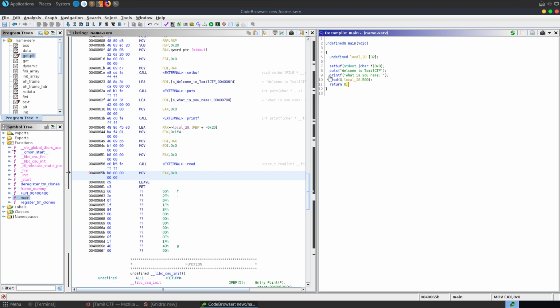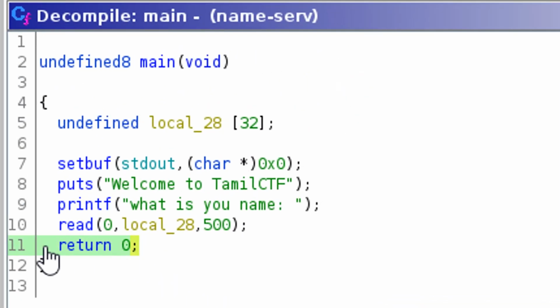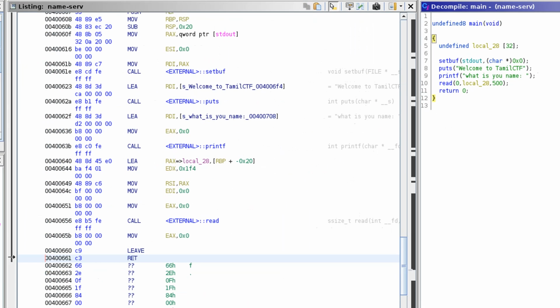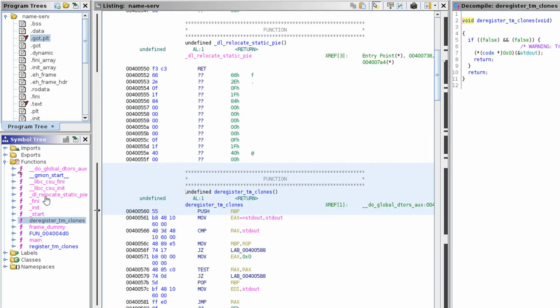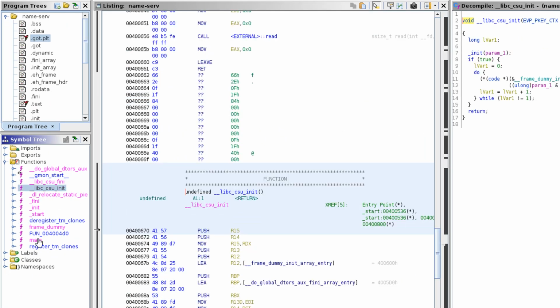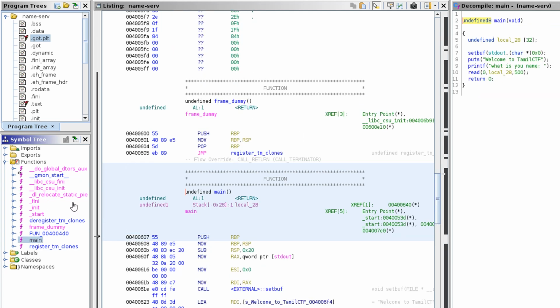But the issue is, what we're going to do if we overwrite the return address here so that it returns somewhere of our choosing. We don't have any functions here which are just going to print out the flag. If we had a function called win, we might just overwrite the return address with the address of that function, and then that function would give us a flag. But in this case we don't have that, so what we need to do is try and return to the